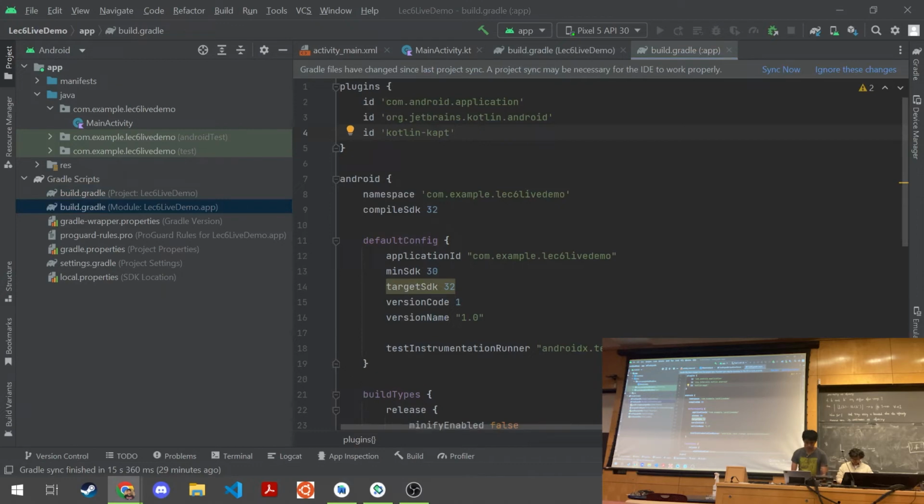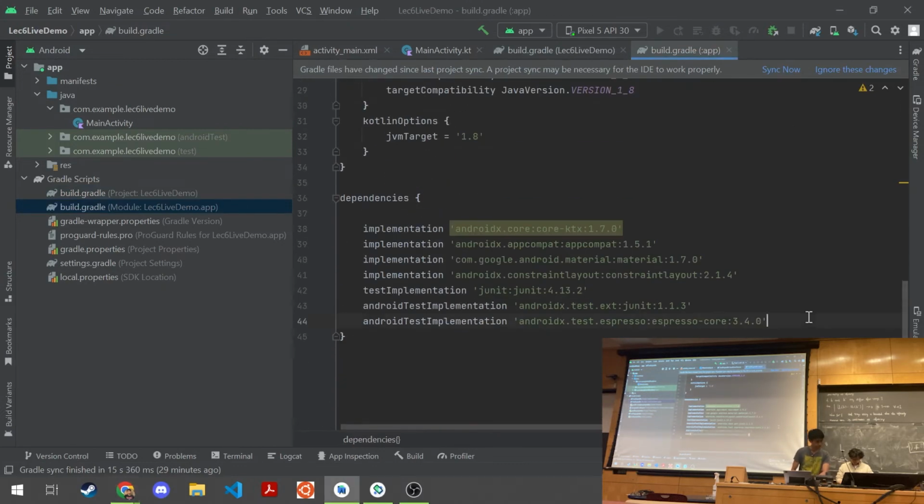Of course, all this is on our website, and the dependencies are here. Okay, and these dependencies are enough for Moshi, and we'll have to add some more for OkHttp. Those, again, are on our website, so I'll just copy those over.